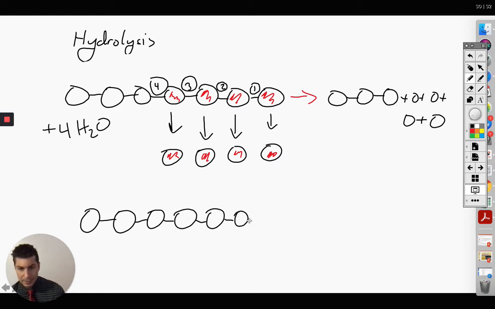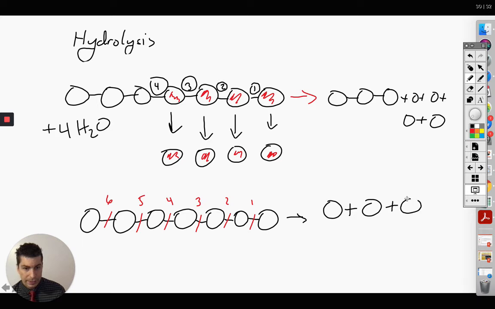I'm going to use my same amount in my 1, 2, 3, 4, 5, 6, and 7. Same amount in my polymer here. Now, if the question says I want to break apart this chain completely into individual monomers, we're breaking apart completely. So let's count our bonds up. So I have 1, 2, 3, 4, 5, and 6. Okay, so if I'm going to break it completely apart, I have to break 6 bonds